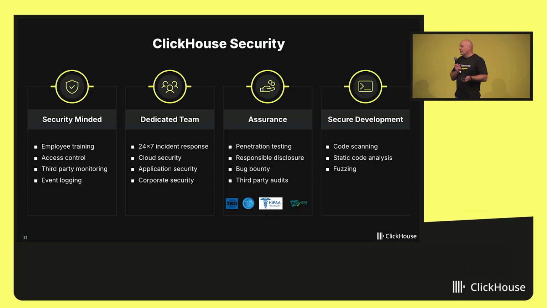Of course, we live in the information age, and data is the most valuable asset of any organization. And no company is going to trust you with their data unless you can provide them with the best security, best data privacy, and regulatory compliance. We have a very sizable, dedicated team.